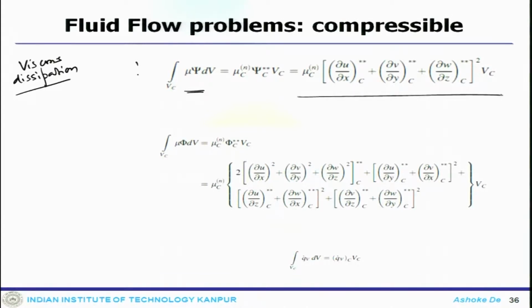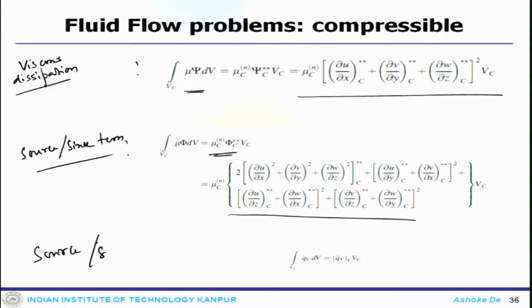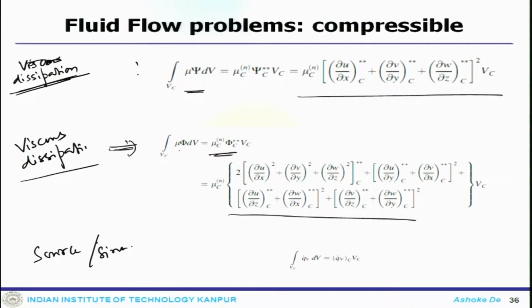And the other term is, if you have any source or sink like term, then you get a volume integral of that, which will return like that. Now, this would be the source or sink term. So, this guy is the dissipation term and this is your viscous dissipation term. So, correct that thing. So, the first term is the only dissipation term, this is the viscous dissipation term where mu is sitting there, and this will be the source term which will be integrated.